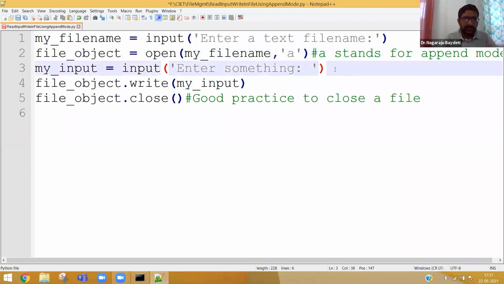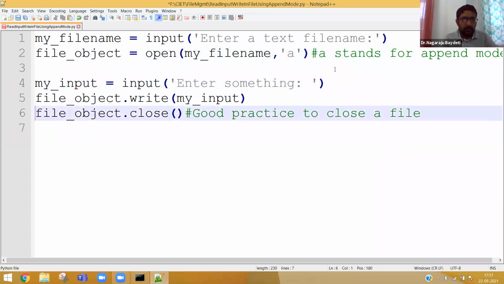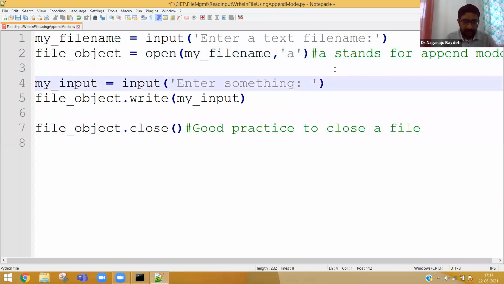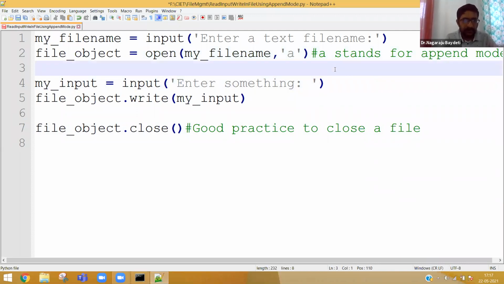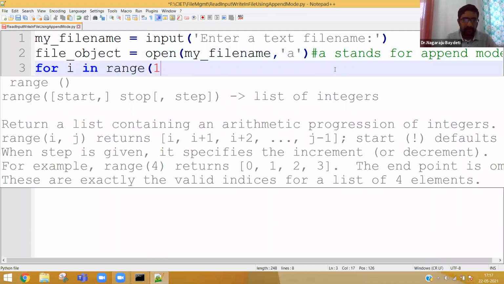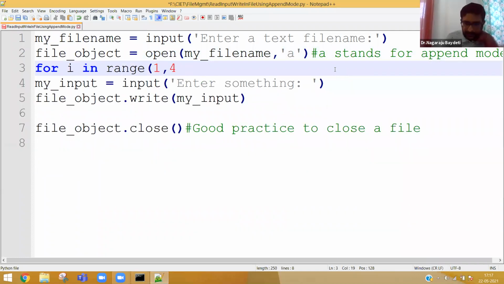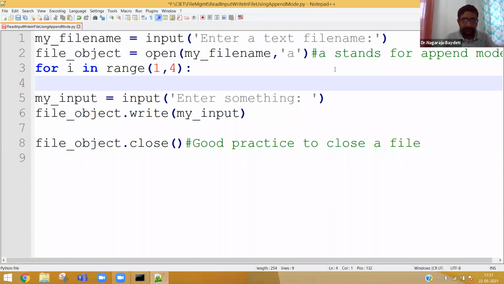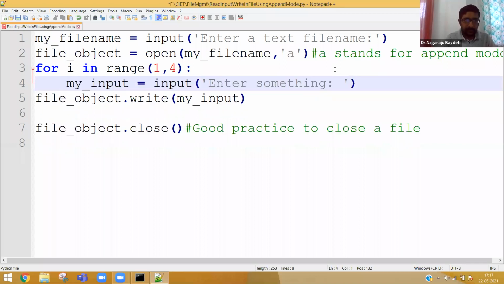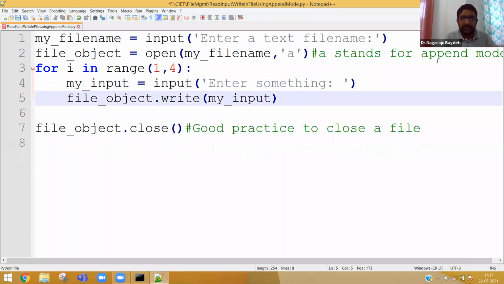Now, instead of entering something one time, I can also say for i in range 1, 4. 1, 4 means it executes 3 times. 3 times I want to ask the input, and 3 times I am writing it.